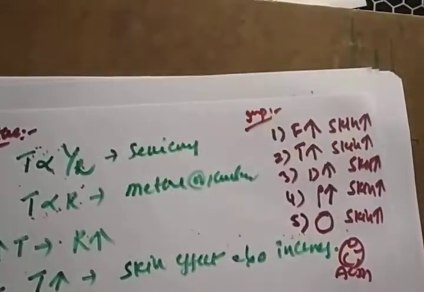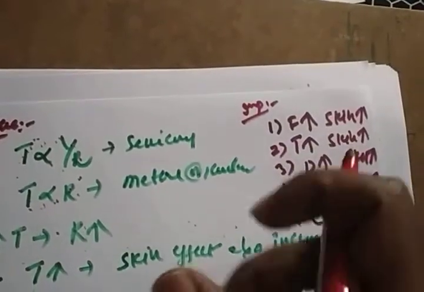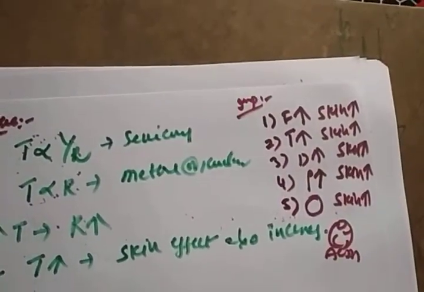And this is a very important question. You will definitely get it in your end examination. What is the skin effect? What is the phenomenon? How do you get the skin effect around the conductor? And what are the factors that affect the skin effect? These are the questions. Now we are going to discuss how to reduce the skin effect.